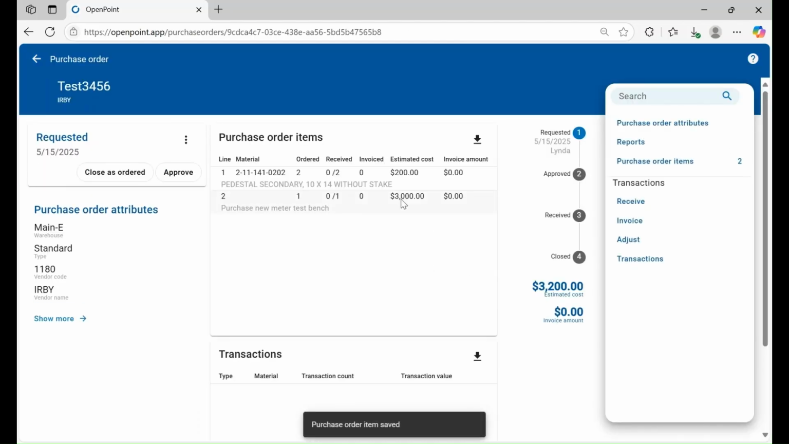So here we have the non-material item where you can see there is no material code, and then the one that does have the material code on it. So on this purchase order, you could do closed as ordered if you know you've already received all this and everything has been invoiced already, or if you want to go through each line item and receive and invoice it